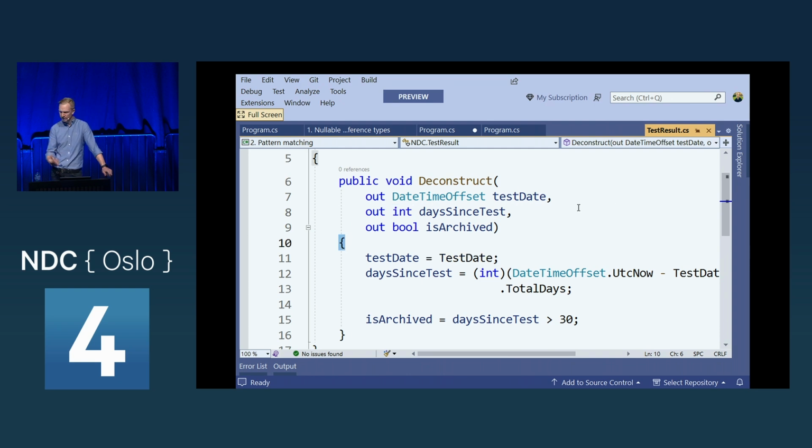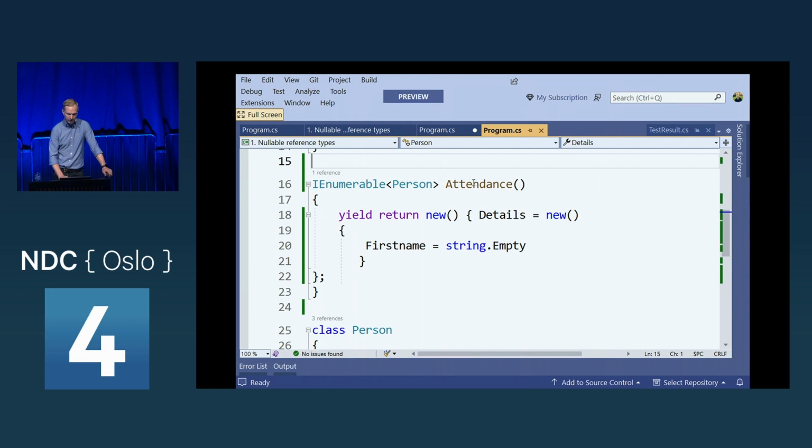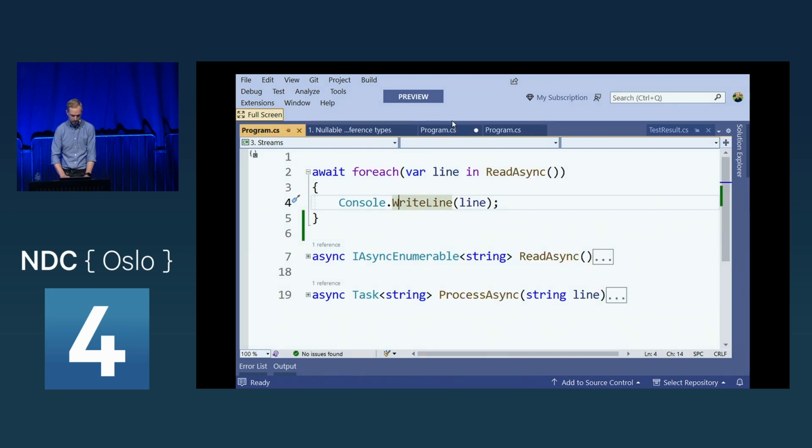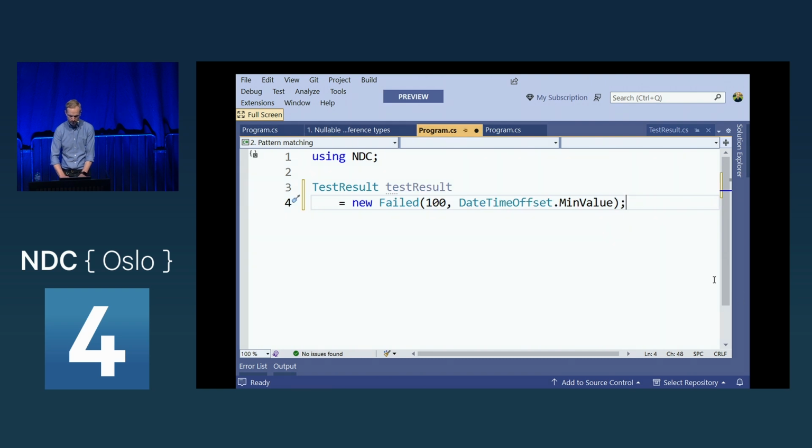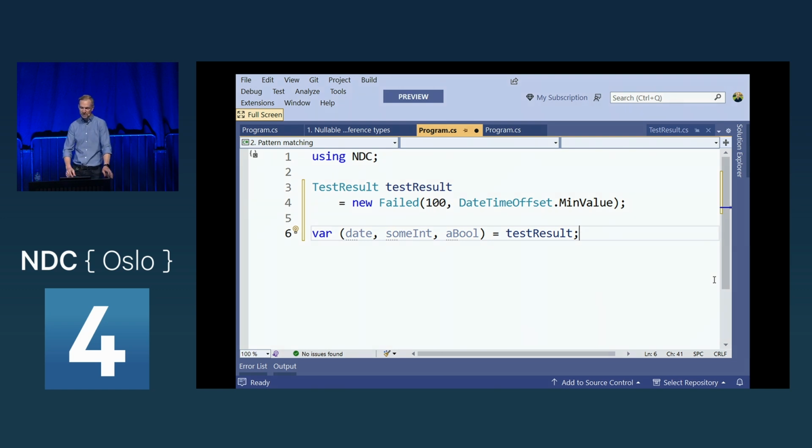So why is this important? Because now, if we go back to that file, here we go, I could say I want to get the date, some integer, and a bool. And now I could deconstruct this object into these three different values. So why would you want to do this?